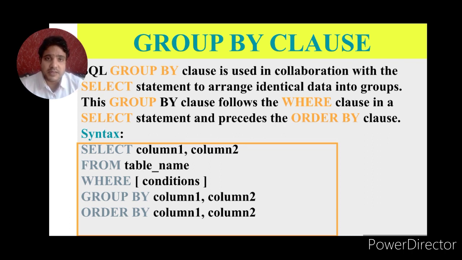Here the example is like this: select column 1 from table name where clause group by column 1 and column 2. It means we group the same values from the attributes column 1 and column 2, and according to the syntax we may also perform the sorting method with order by column 1 and column 2. One more thing you should understand: the group by clause will be used after the where clause, which should be followed by the order by clause. In some databases, order by clause may be used by default when the user uses the group by clause.